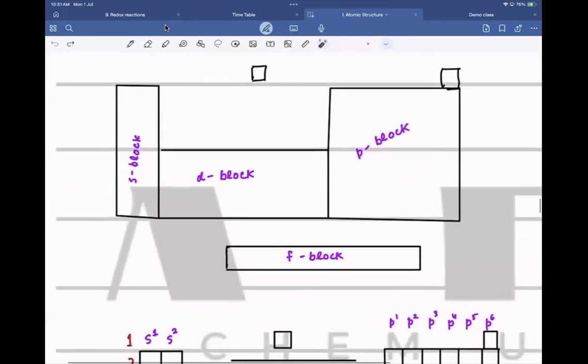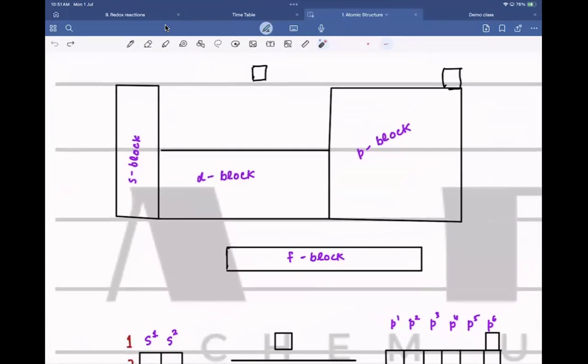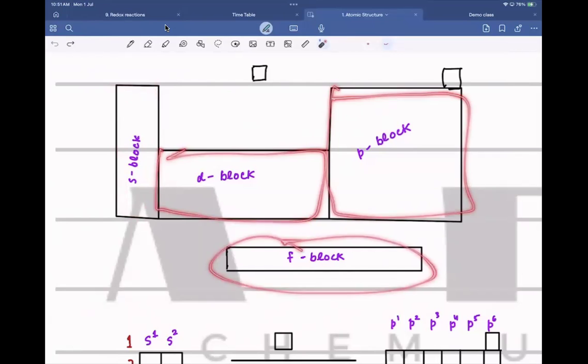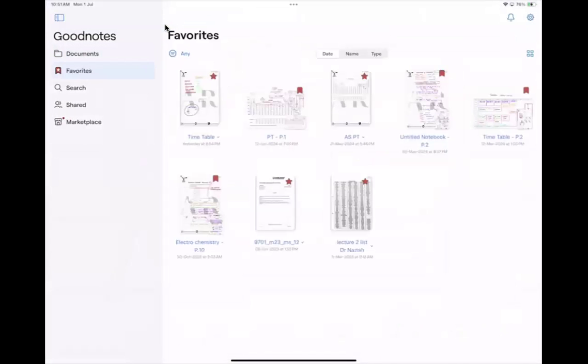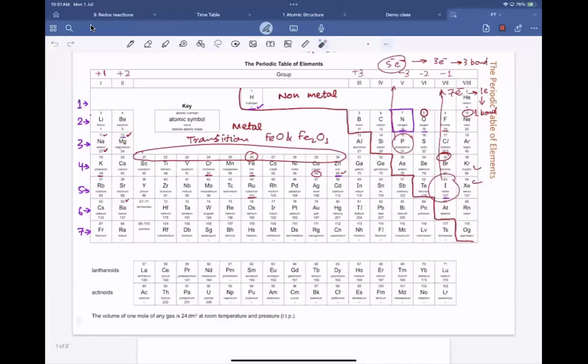Okay. There is another important thing which quickly helps you figure out the valence shell electronic configuration, not the whole, but the valence shell electronic configuration. You must know that these elements are called S block, these are called D block, these are called P block, and these are F block. For example, if I open a periodic table in front of you,